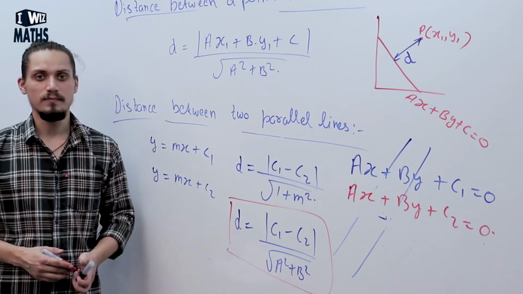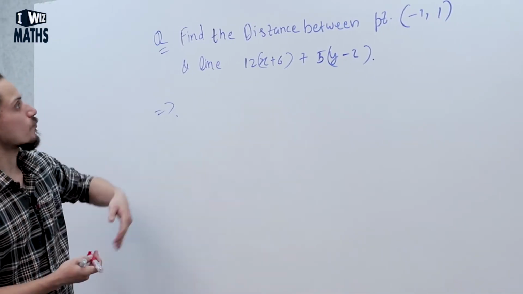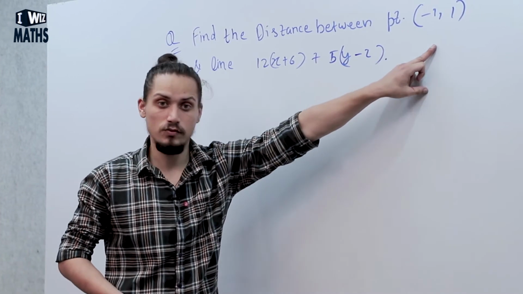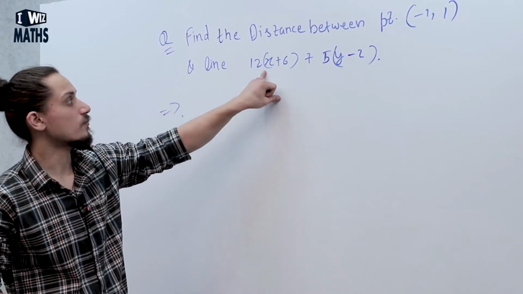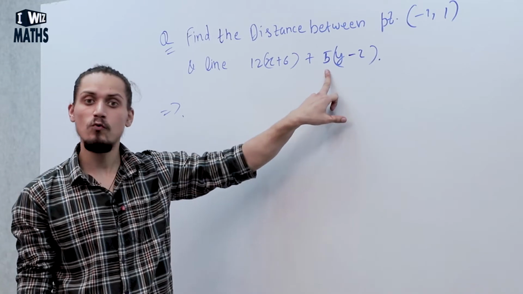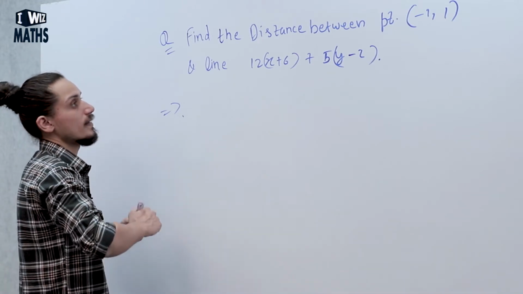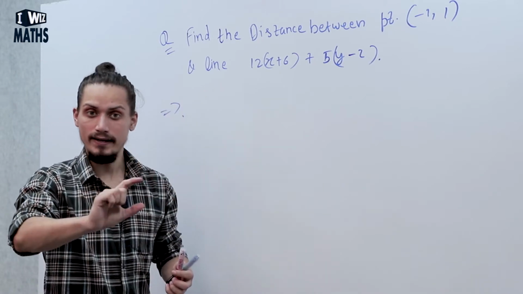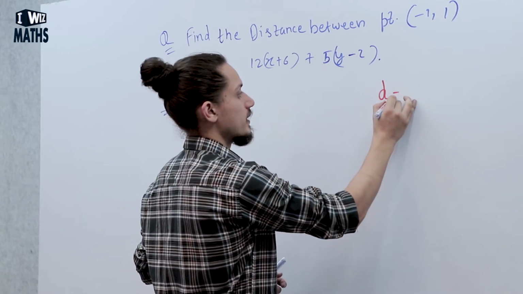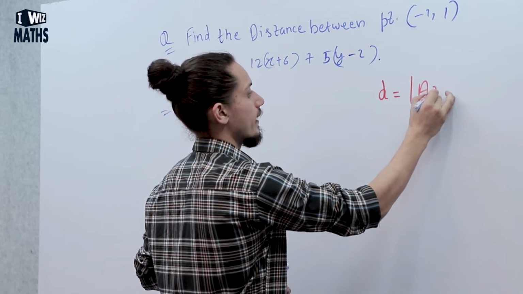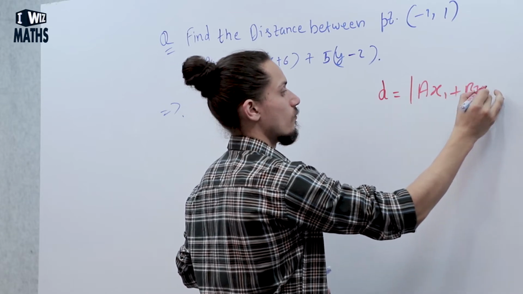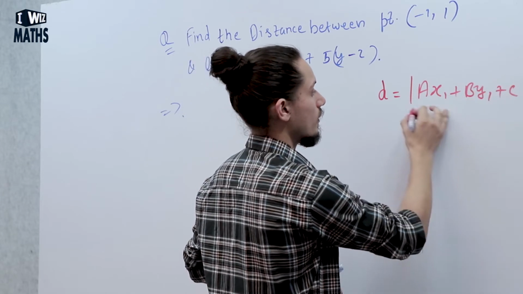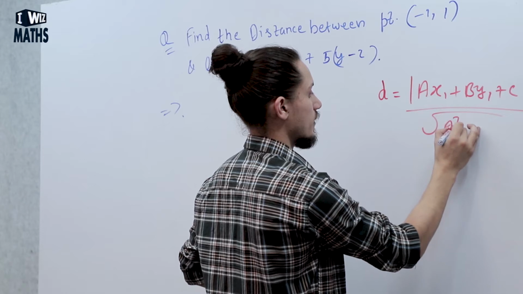Now we know the formula to find distance between a point and a line and distance between two parallel lines. Let's look at some examples. Now the first example is we have to find the distance between the point minus 1, 1 and the line 12 into x plus 6 is equal to 5 into y minus 2. Okay, तो हमें क्या निकालना है, डिस्टेंस बिटवीन अ पॉइंट एंड अ लाइन। तो उसका फॉर्मूला क्या होता है, d इज इक्वल टू मॉड ऑफ a x1 प्लस b y1 प्लस c मॉड अपॉन अंडर द रूट a स्क्वायर प्लस b स्क्वायर।